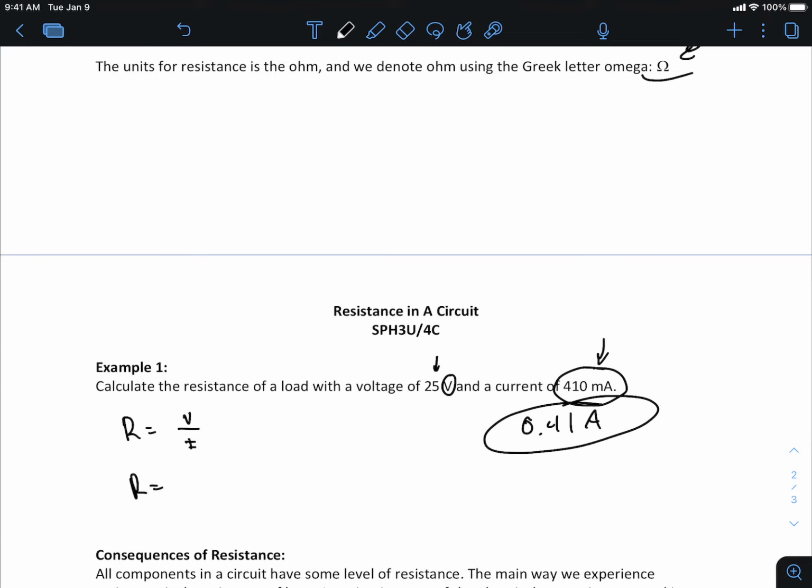is equal to the voltage, 25 volts. I don't know why I wrote 24. 25 volts divided by 0.41 amps. That's going to give us an answer of 61, here we go, ohms, omega. Okay, so therefore the resistance here